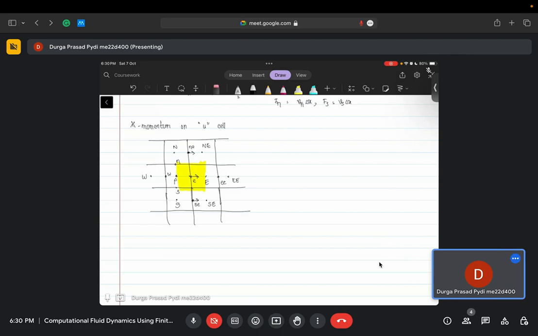This goes like, or you can write it in standard form. We'll just follow this: rho u del u del x plus rho v del u del y. This we have, minus del p del x plus mu times